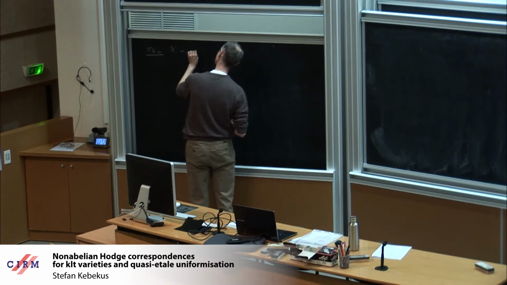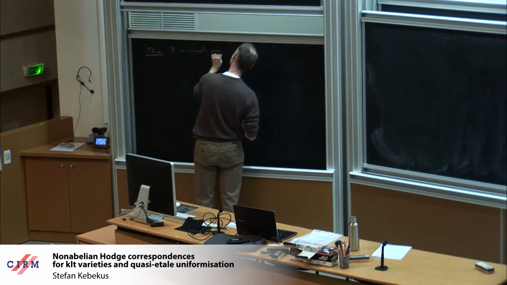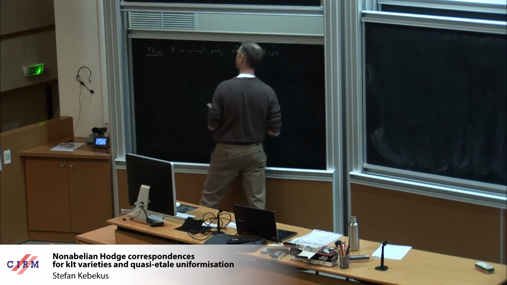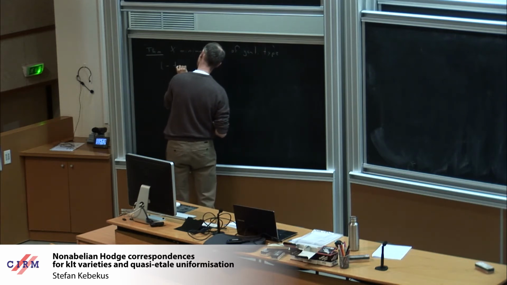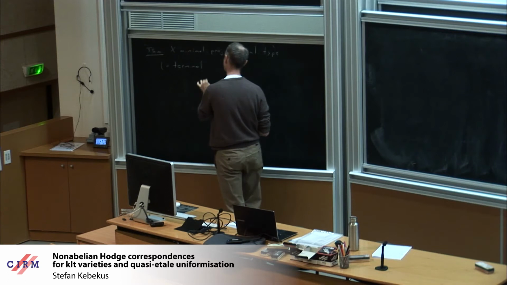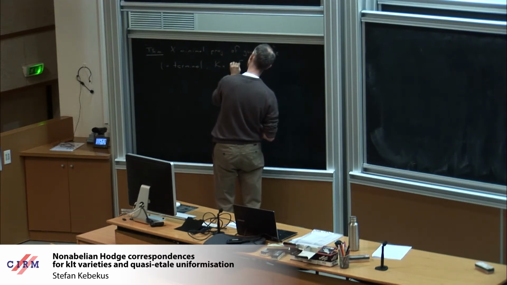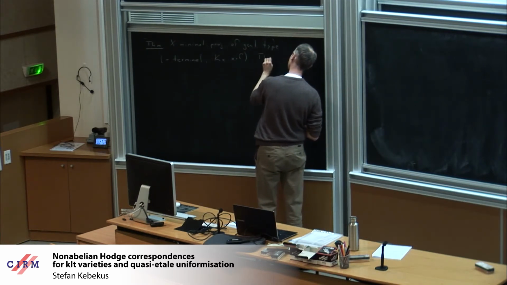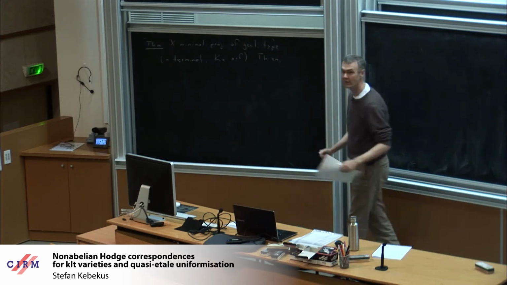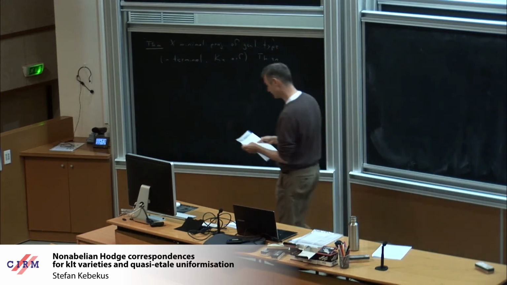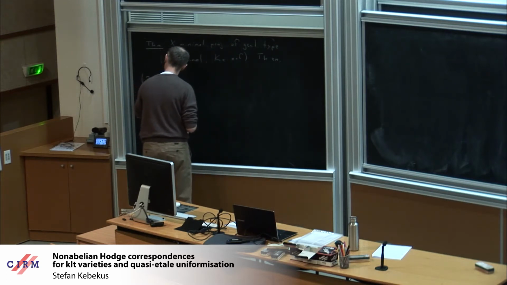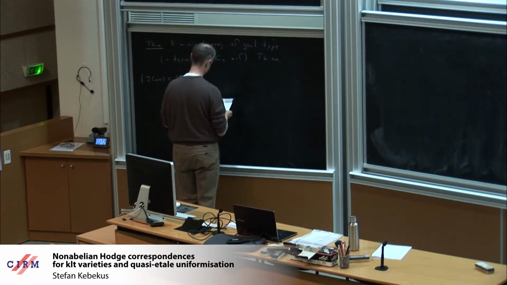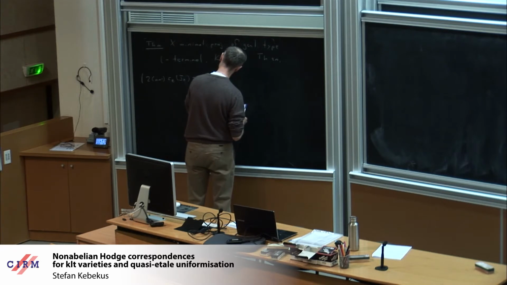X minimal projective of general type. And by this I mean it has terminal singularities, K_X is nef. And then we have an equality of Miyaoka-Yau type on that singular space, namely 2 times n plus 1 times the second Chern class of the tangent sheaf minus n times the first Chern class of the tangent sheaf